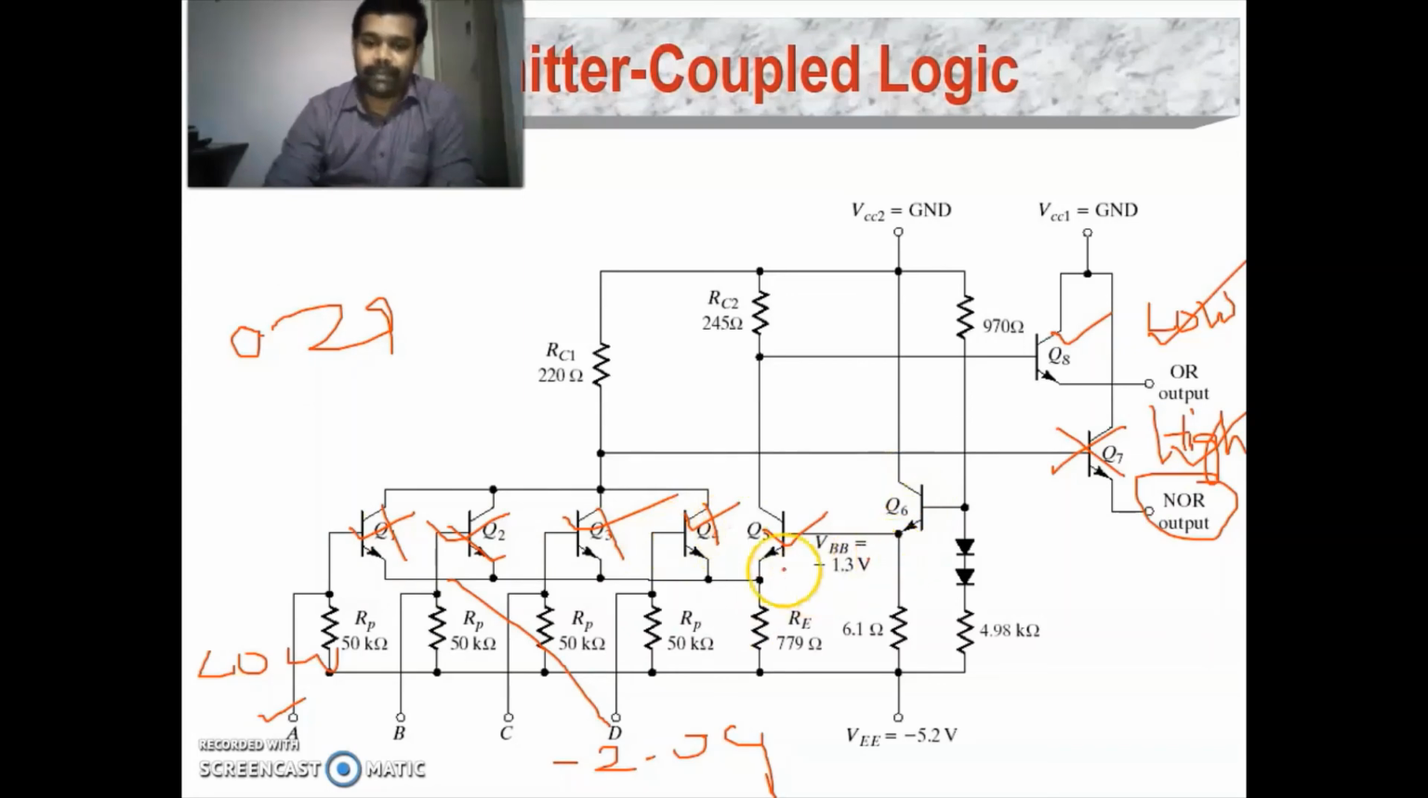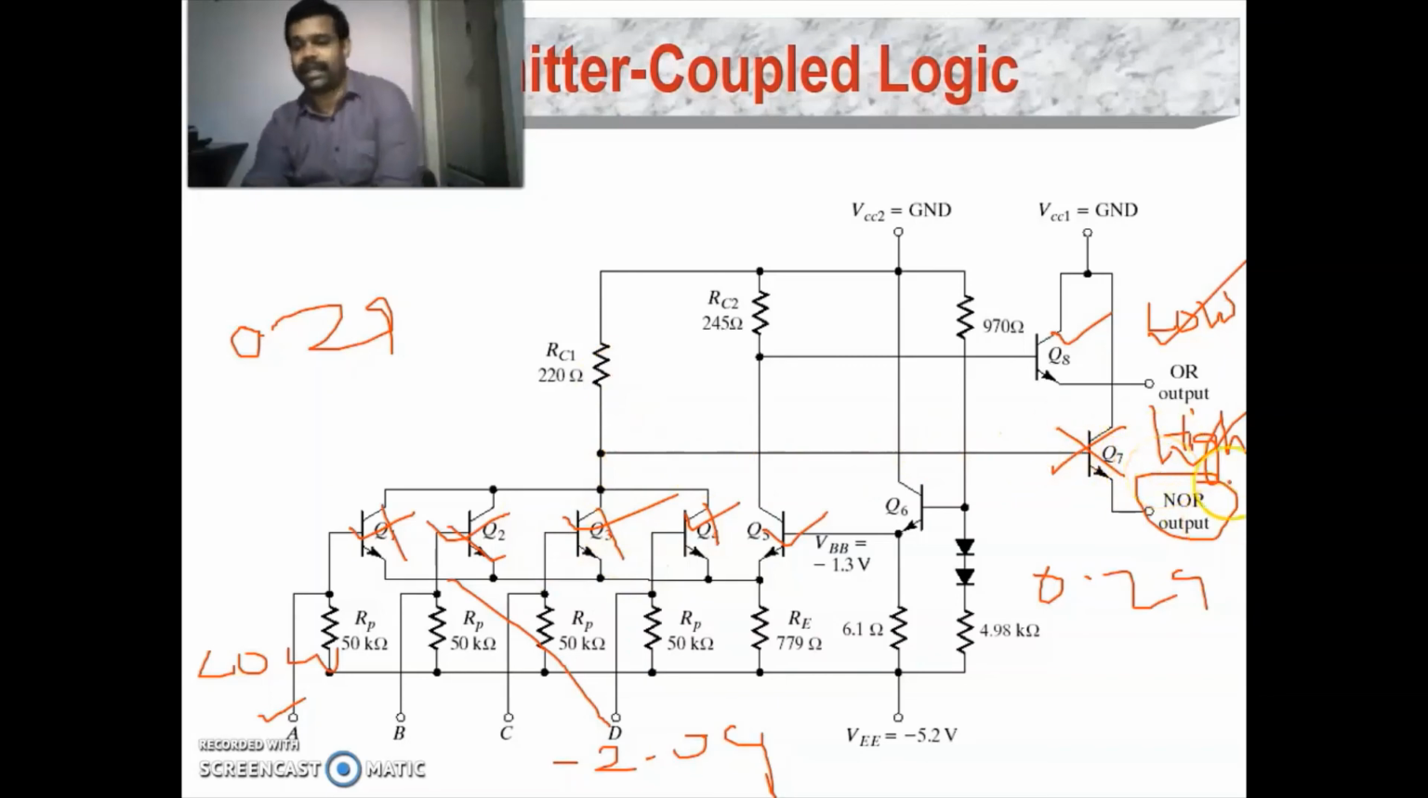But at the same time, for the transistor Q5, its base value is minus 1.3 and its emitter value is minus 2.09. So while calculating VBE, it is getting a value of 0.79, approximately equal to 0.8. So this Q5 will be conducting. Since Q5 is conducting, Q8 is conducting, and the output you are getting is low in the OR output. Since Q3 is not conducting, this Q7 will also not conduct and we are getting a high. Next we are going to